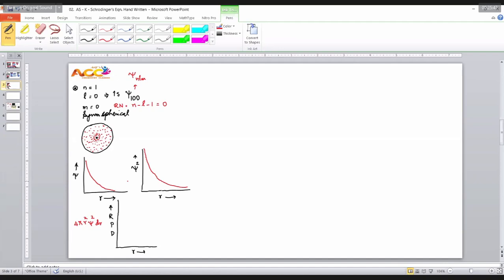If suppose you are talking about distribution, it starts from 0. This is increasing, this is decreasing. The influence is something like this. The value increases, reaches a maximum, then decreases because of influence of psi. Therefore, remember the graphical representation. When we are talking about RPD versus psi square, RPD always starts with 0 value going back, and it comes to this point, maxima and minima.